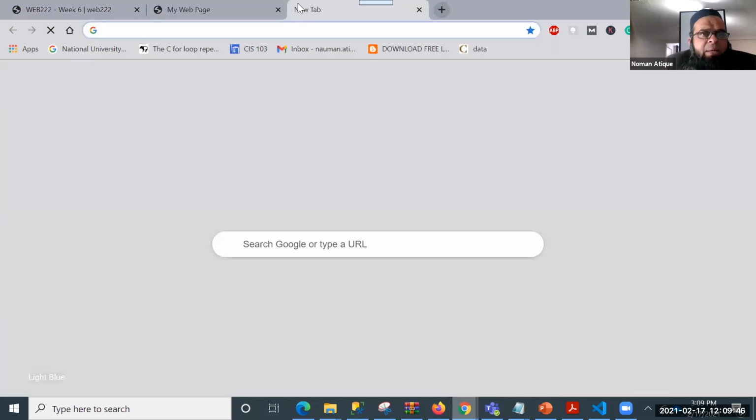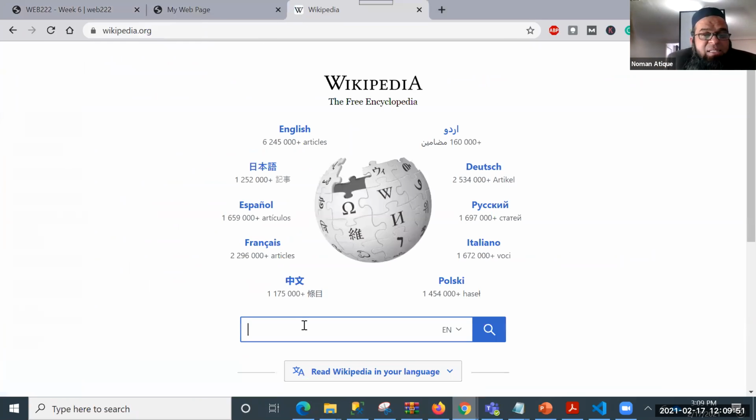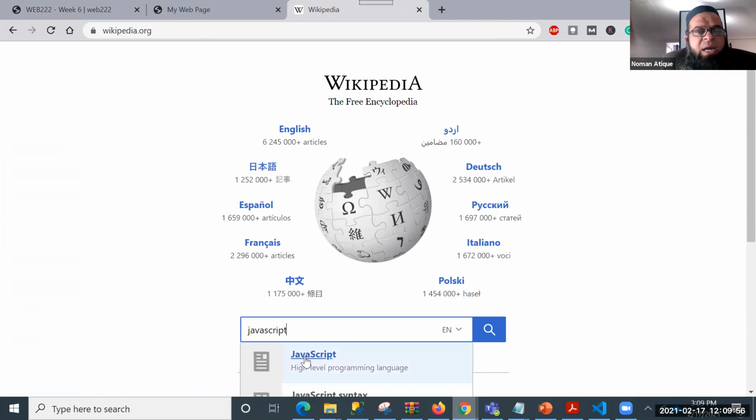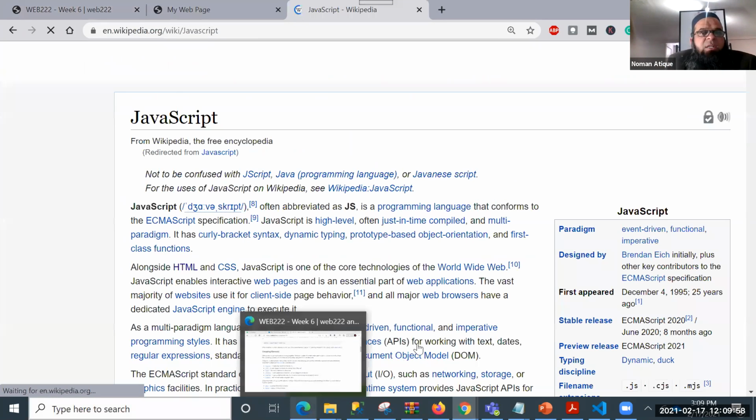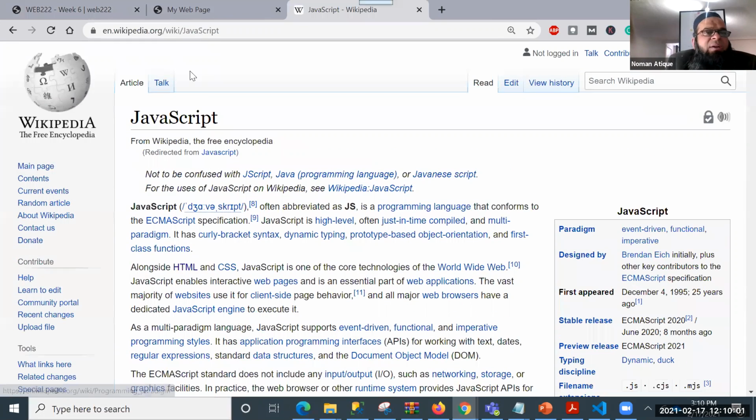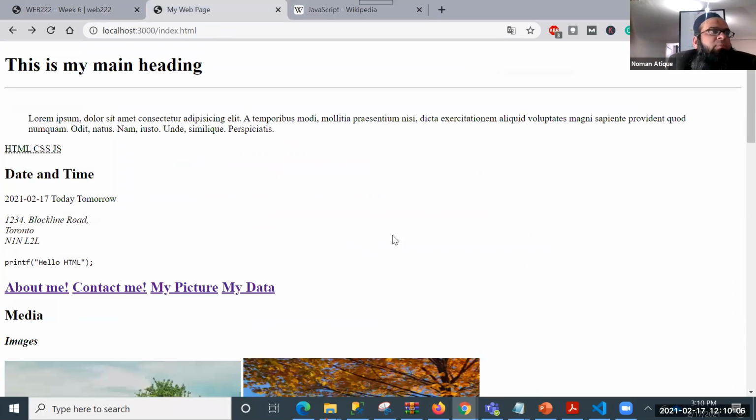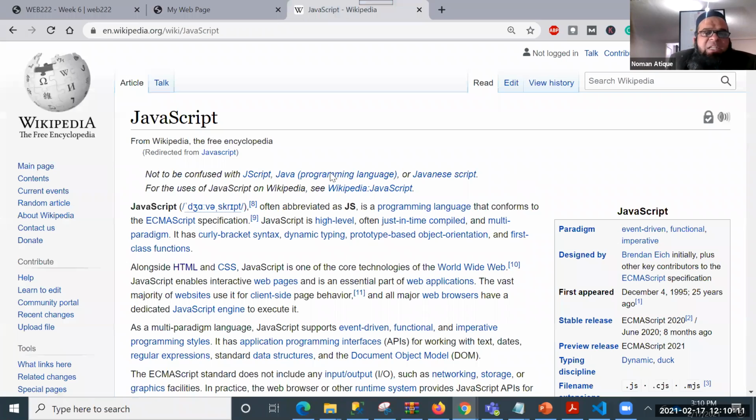We'll talk about it in the next class, where we'll try to take a page, for example Wikipedia, and you will enjoy that. I'm just giving a teaser introduction for the next class. Of course, you all always join. What I'll try to do is take this Wikipedia page and imitate that page over here. So we'll take one page, for example JavaScript, and I'll try to make it in HTML. Of course, I cannot make the cool graphics, but the HTML part, the structural part, I'll try to make.